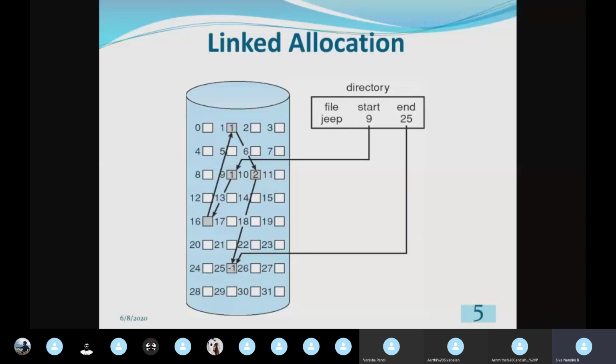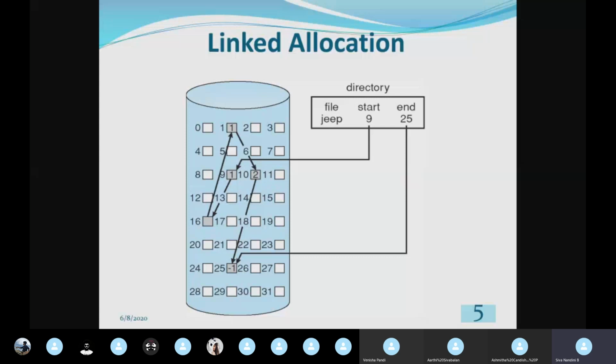So it has to go to the second logical block, and in the second logical block the pointer to the third logical block is available. The third logical block only contains the pointer to the fourth logical block. Likewise, we can read or write or execute the content of the fourth logical block. For reading the content of the fourth logical block in this file G, we have to travel from the first logical block to the second, to the third, and only then go to the fourth logical block.